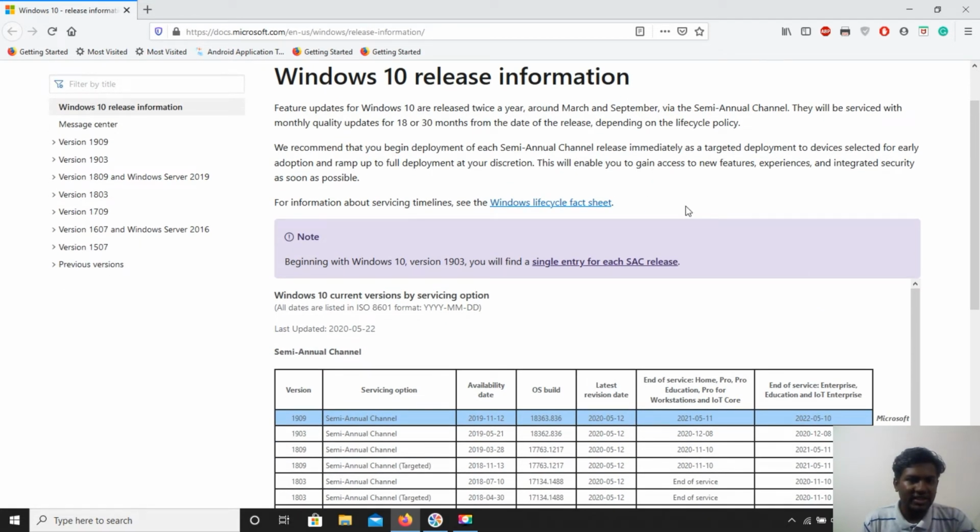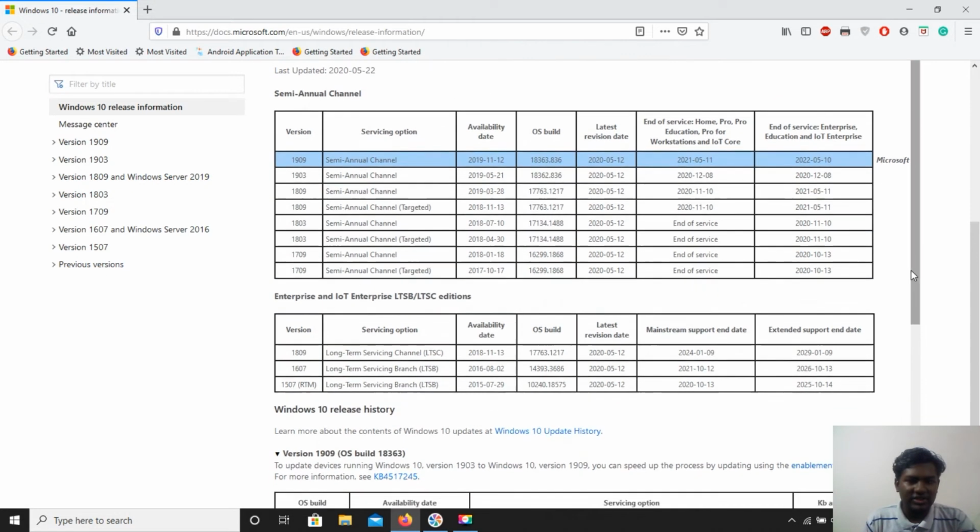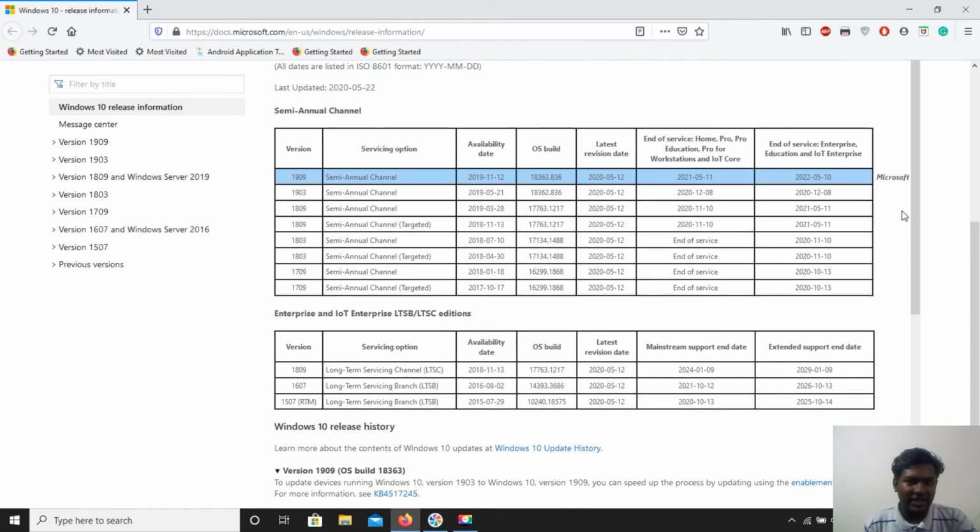As you can see here, Windows launches feature updates mainly twice a year, in March and September, through its semi-annual channel. There are also other releases every month as part of quality updates, which Microsoft releases to users for a particular lifespan of time.